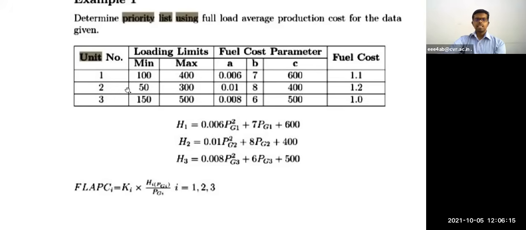Next, for the third generating unit, the minimum and maximum loading limits are 150 megawatt minimum to a maximum of 500 megawatt. A is 0.008, B is 6, and C is 500. The fuel cost is 1.0. That is also given in the problem. Based on that,